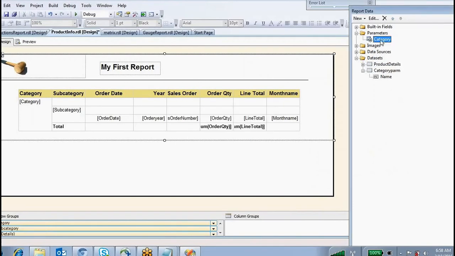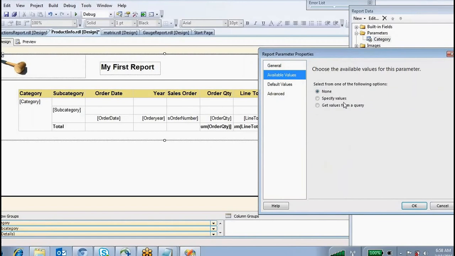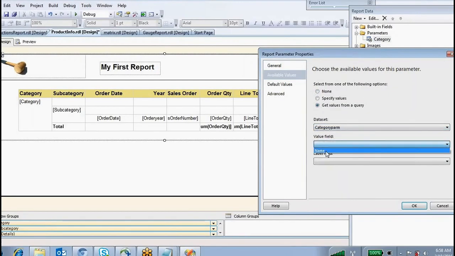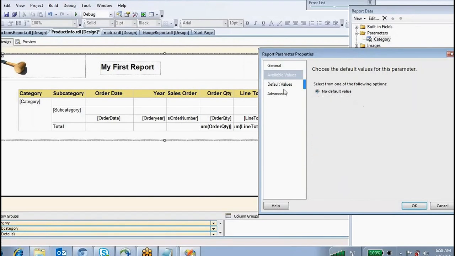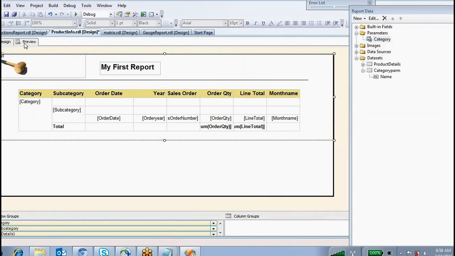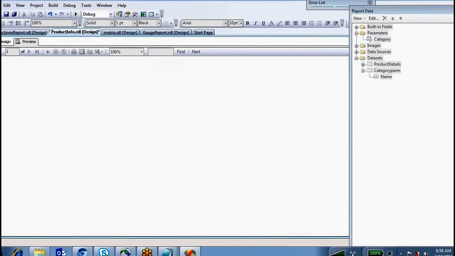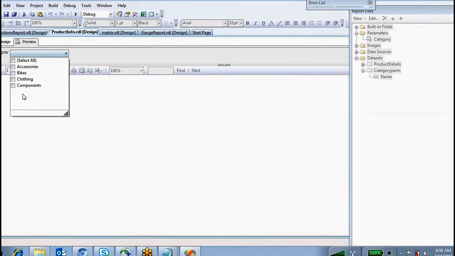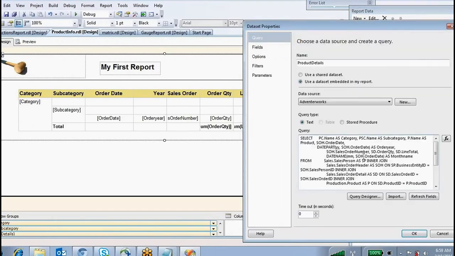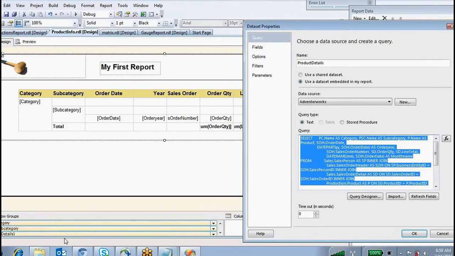Okay, and I want to keep parameter values for this one also. Get values from here, name. Okay, allow multiple values. Okay, we are previewing this one, so it is giving all these values. At the same time, I want to create one more parameter for subcategory. This is the category parameter only, right?